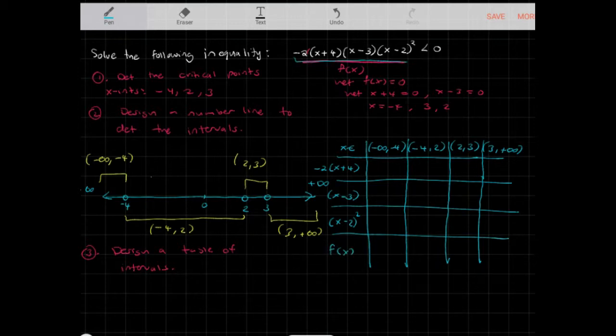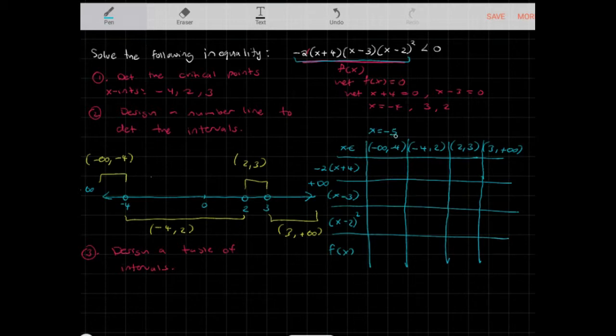Which we said that f of x is this combined expression here. And then we want to test the signs. Now within each interval, I'm going to find a certain value of x. So that's why I wrote down x belongs to each of these values within the interval. So between negative infinity and negative 4, I'm going to let x equal negative 5. If I let x equal negative 5, I'm going to apply this value to all of my factors in this